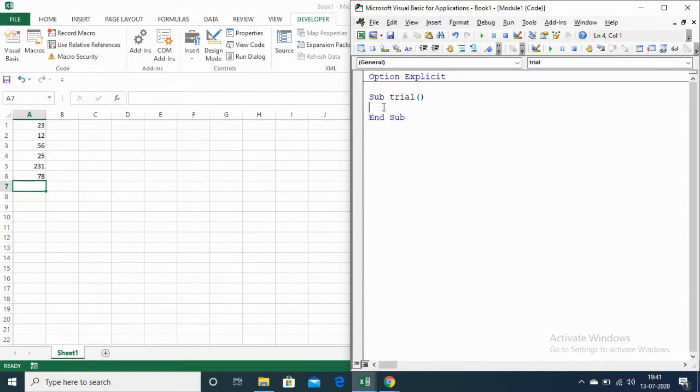Now let me select this range by the current region property. So the command is Range. It should start from A1, or it can start from A2 also. I am taking A1.CurrentRegion.Select.